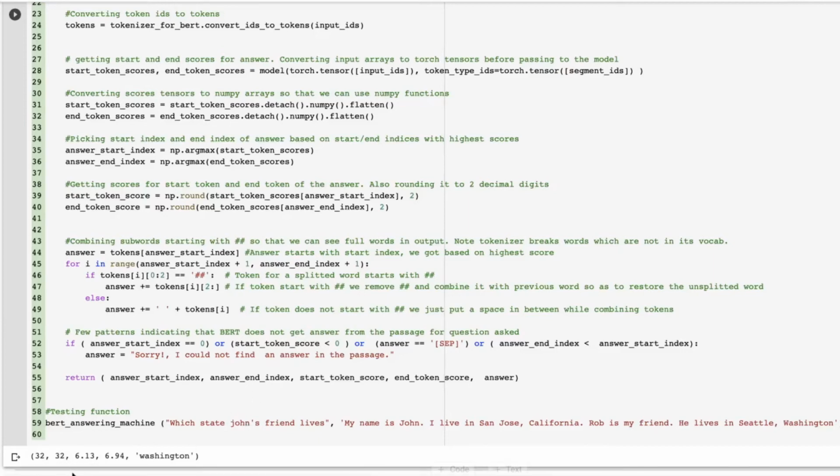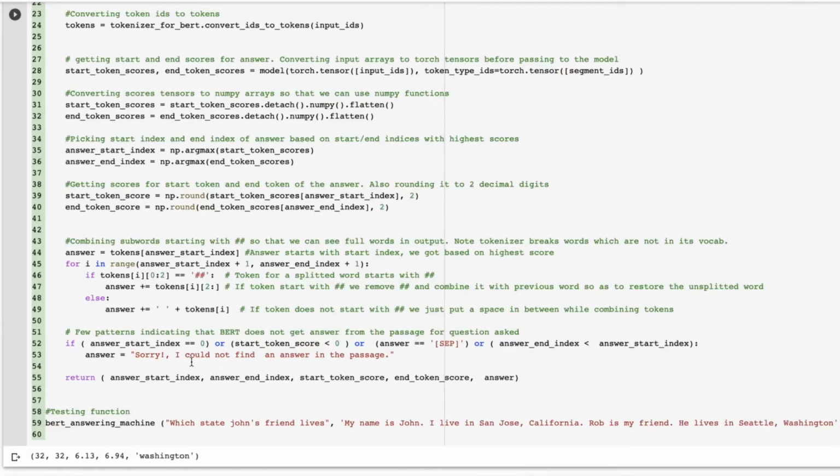And the second two numbers are the start token score and end token score. So basically, we also get the scores of the token selected for starting and ending the answer. Higher the score is better.